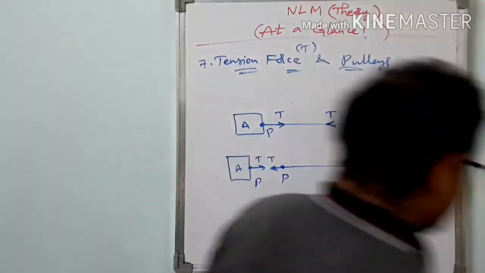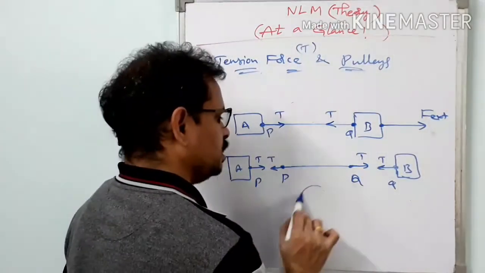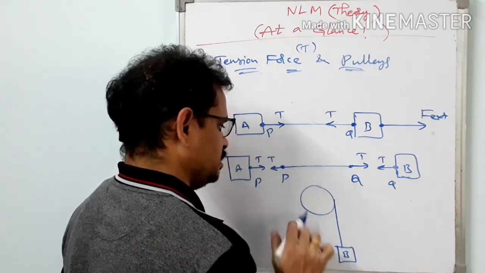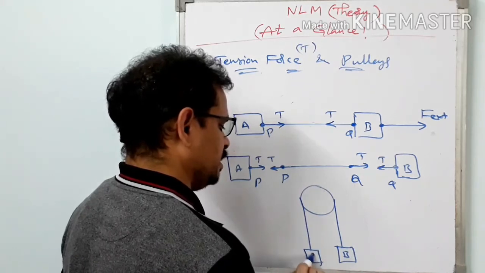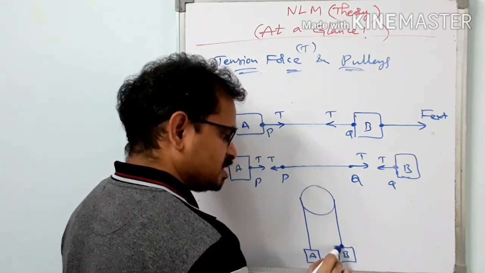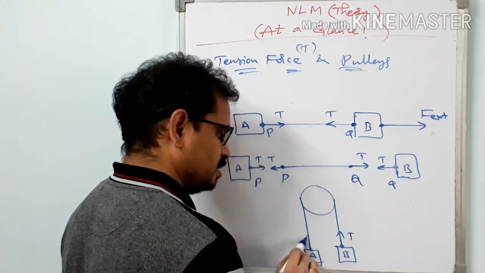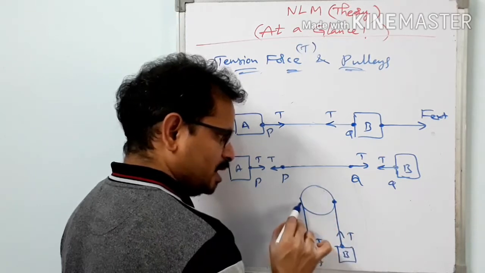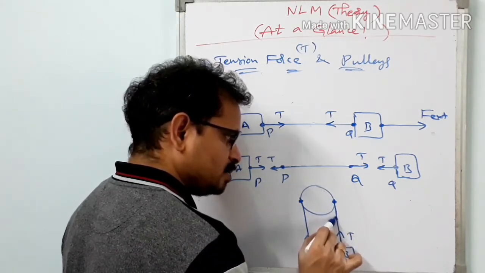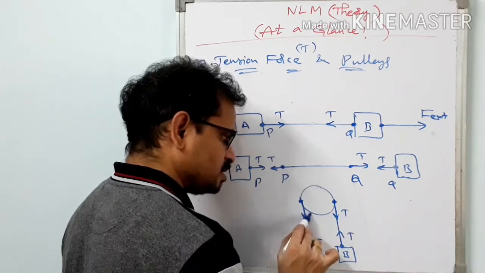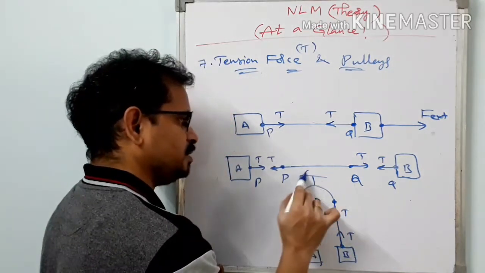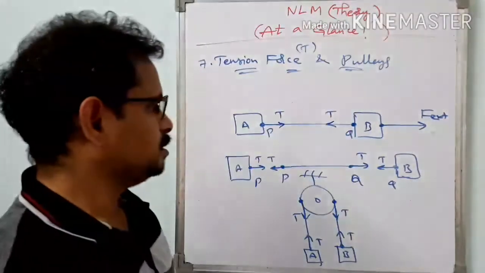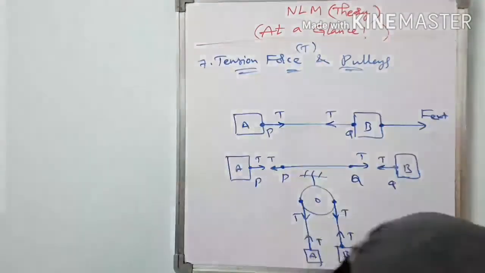So next one, in the case of a pulley also, suppose 2 blocks are there like this. This is block B and this is block A. So in this case, on block B, what is the tension force? In this direction. On block A, in this direction. Here this rope or this string is acting at this point on the pulley. Here also at this point. At this point on the pulley, how is tension force acting? Downwards like this. At this point also it is downwards like this. This is the pulley. Got it? So we are capable of drawing forces here.